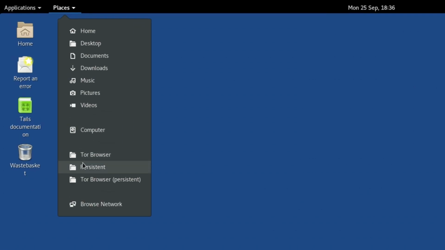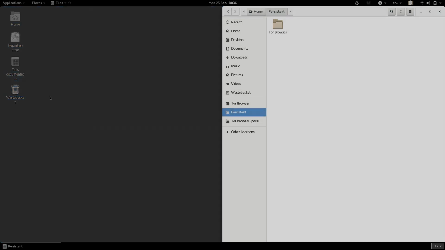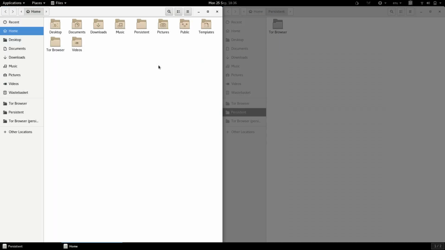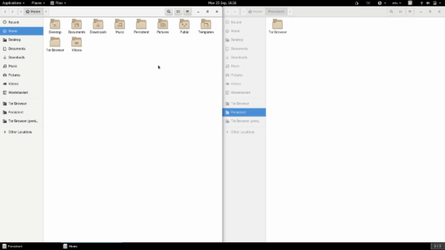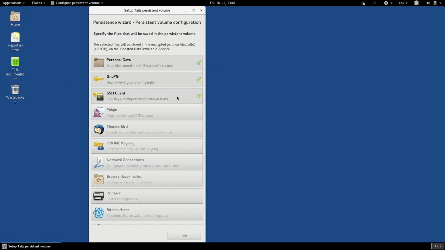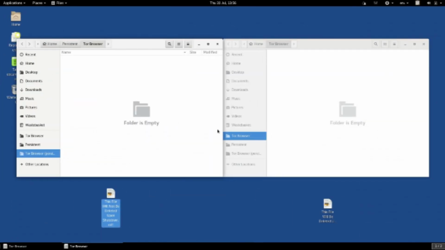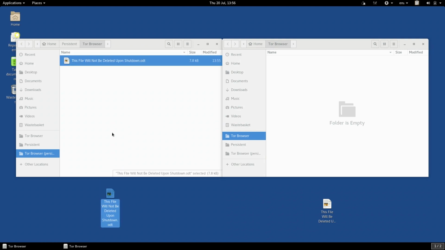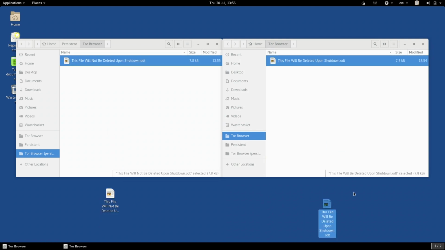When you unlock it, there will be a special folder called Persistent. Files that you place in Persistent will be remembered even after you shut down the computer. Files left anywhere else will still be erased on shutdown. You can also set it up so that Tails remembers your application settings across sessions. This allows you to use your Tails as you would a normal operating system, selectively retaining some files between sessions and yet allowing everything else to be safely and cleanly forgotten.